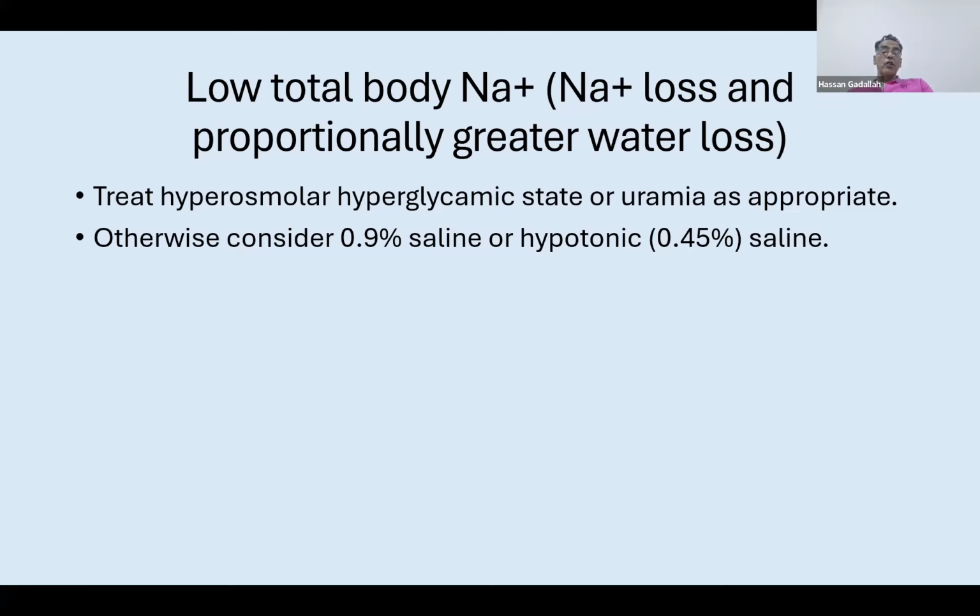So if it's related to hyperglycemia, we are going to deal with hyperglycemia according to the type of hyperglycemia, whether it is iatrogenic hyperglycemia or it is diabetic ketoacidosis or non-ketotic hyperglycemic coma. And we have to consider use of normal saline for correction of sodium, whether it is 0.9 or 0.45%, depending on the level of sodium and the level of chloride